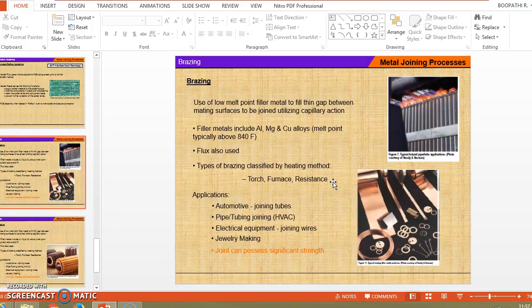Brazing. Use of a low melt point filler metal to fill the gap between mating surfaces to be joined, utilizing capillary action. Types of brazing are classified by heating method: torch, furnace, resistance. The applications are automotive, joining tubes, pipe joining,